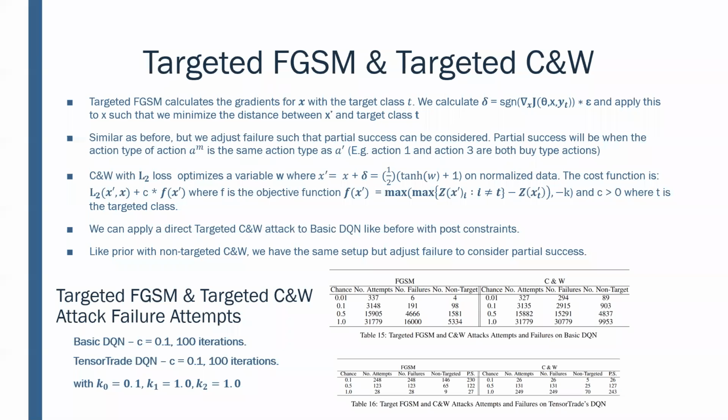But we also consider partial successes, which means that because the action space is so large, there are multiple actions that are of similar types. So there might be like 181 actions, where 180 actions are either buy or sell at different stock sizes. We consider a partial success when an action is the same action type as the adversarial action that we want to take. So if the adversary action is sell, we consider it a partial success if any action of a sell type is the action changed by the perturbation.